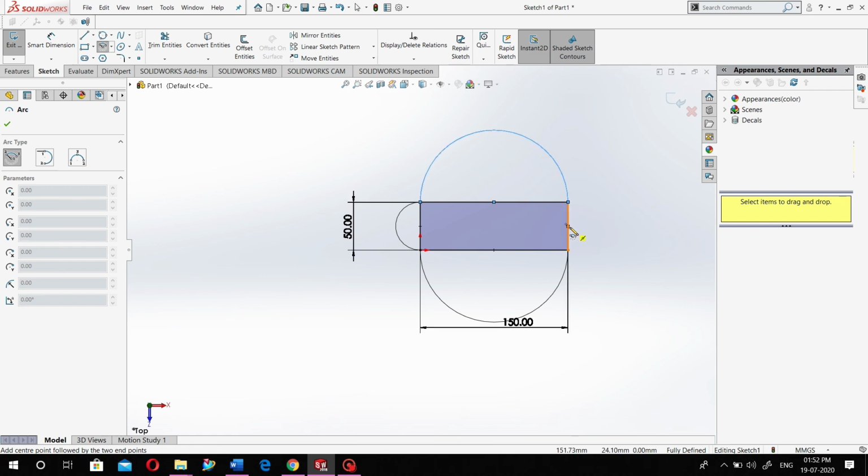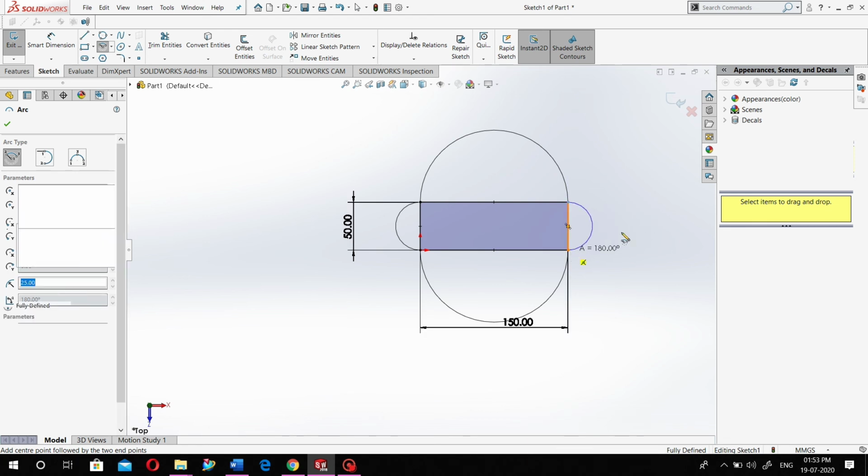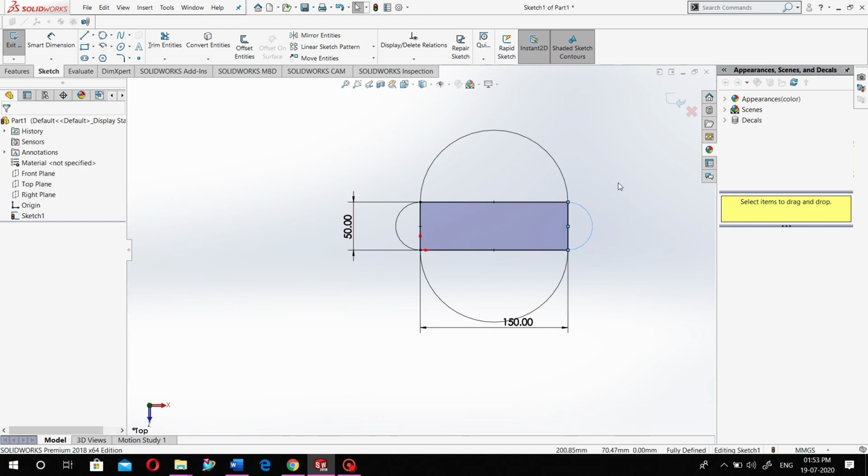And this is the center point arc. So this is all about the arc.